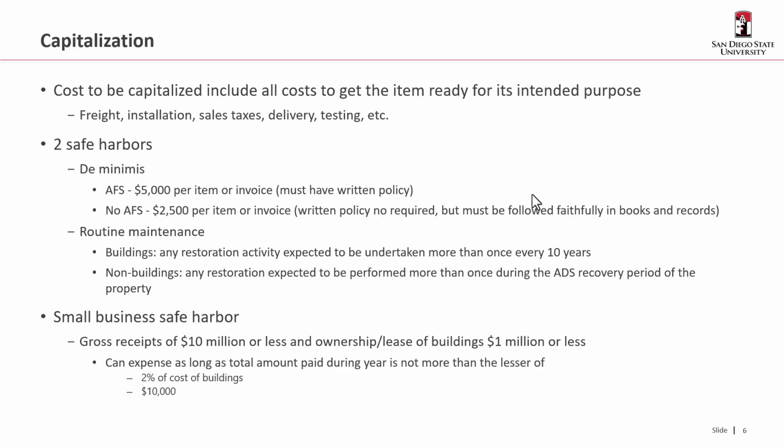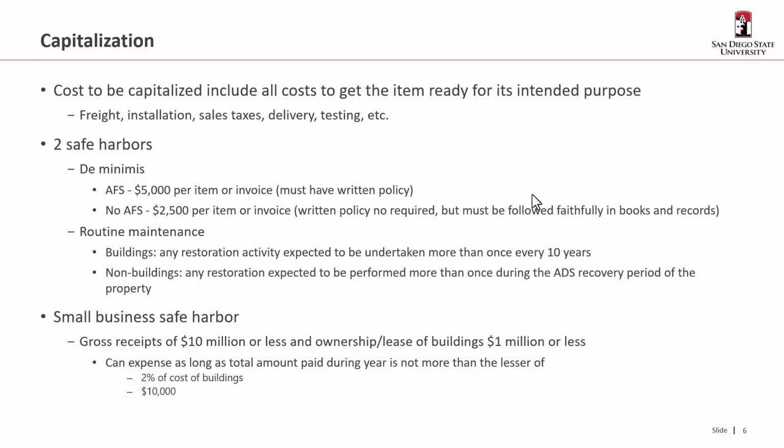There's also a small business safe harbor. This one's not quite as potent. Gross receipts of $10 million or less, and ownership or lease of buildings valued at $1 million or less. So that's pretty hard in Southern California, not because of the $10 million worth of gross receipts necessarily, but you better be in a building that's not worth very much to be $1 million or less in this part of the country. In any event, the reason it's not really valuable is because you can expense items as paid,